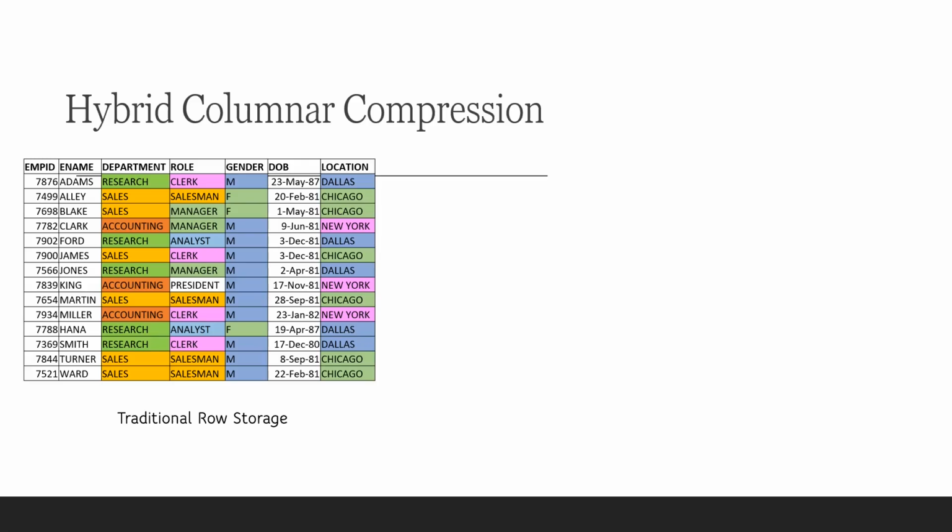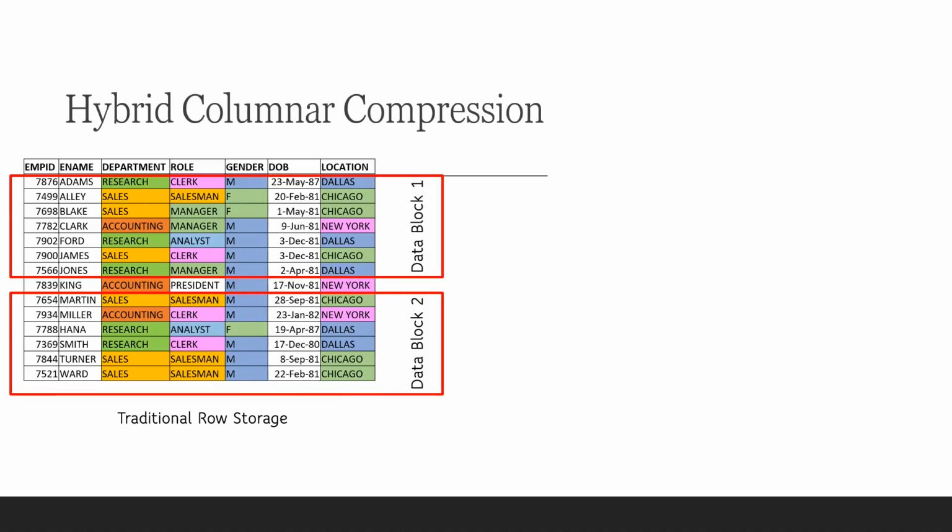In the case of row-based storage, whatever data gets stored within a particular data block, the duplicates will be deleted. For example, inside data block 1, you have 3 Dallas values. The 2 extra Dallas values will be removed, and only one entry will be kept. That way, the space is released. But the drawback is that even if you have the value Dallas in data block 2, it will still be retained as a value, because this compression will not work across the data blocks.